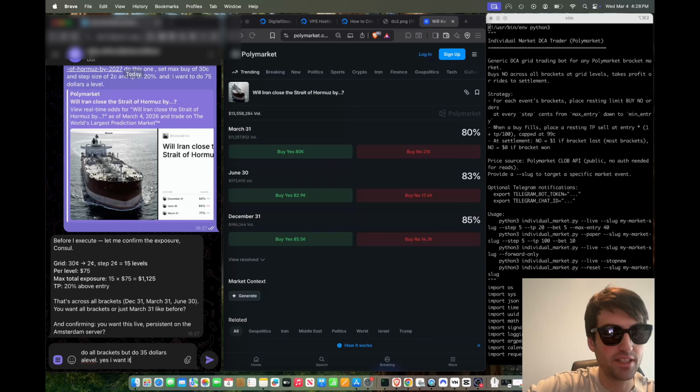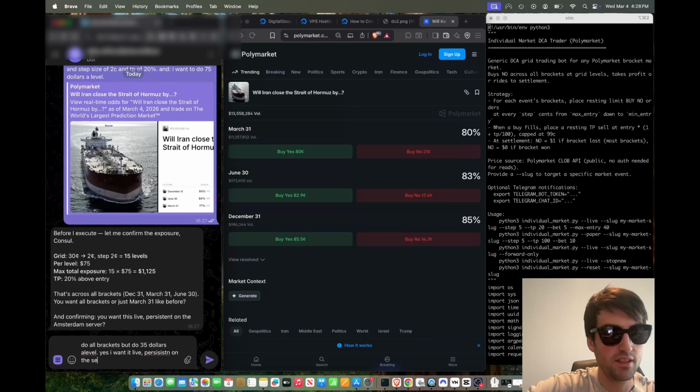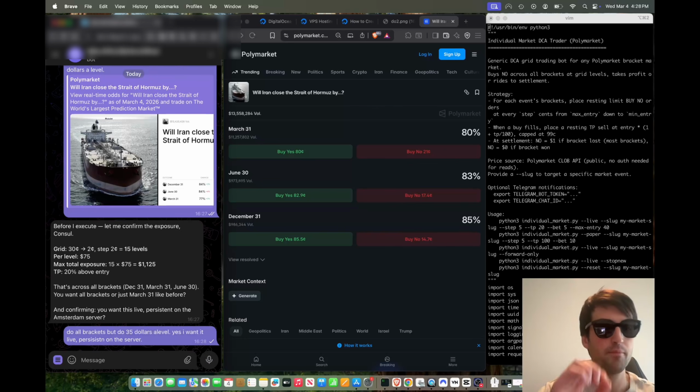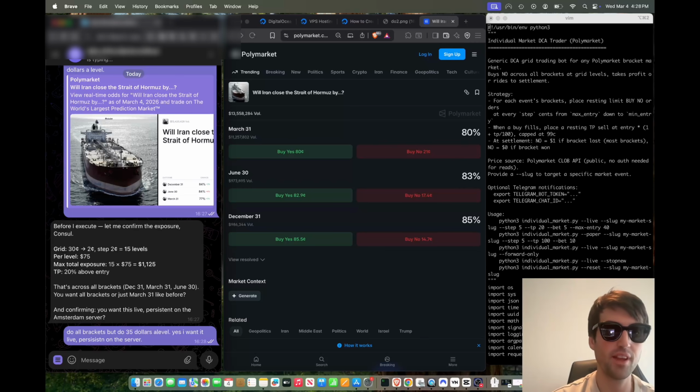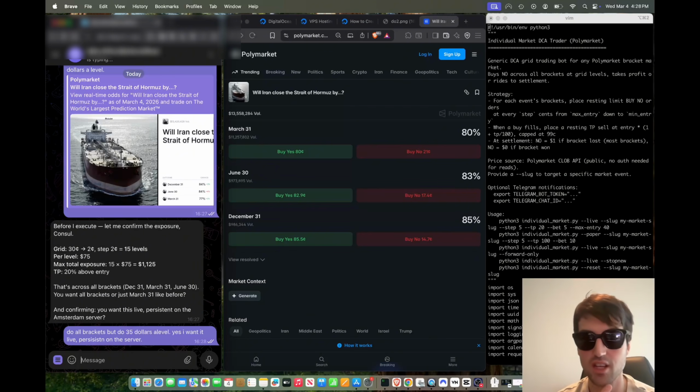Yes, I want it live, persistent on the server. Okay, so let's see if it does it. And then I want the logs back because I want to confirm it. And this is really cool. If this actually works like this for trading, then you don't even have to code your own stuff in. You could have it backtest random things on the fly. You can have it checking the logs for you. Pretty amazing. Literally like having a developer,